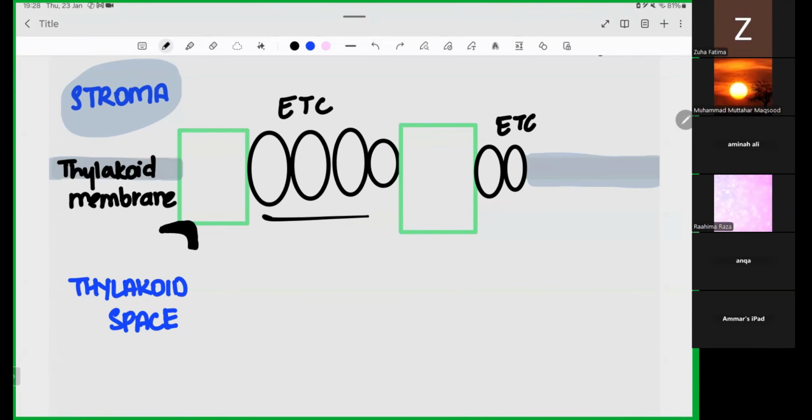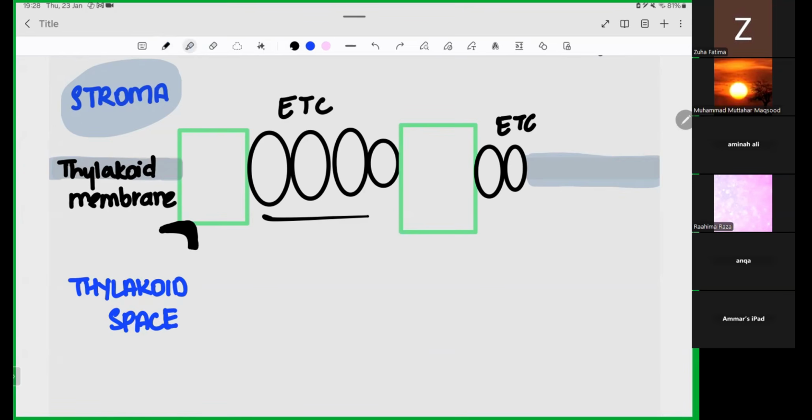There is one thing that is missing in this diagram. Can you guys pinpoint what is something that is missing over here on the thylakoid membrane? Very good. So we do not have a stalked particle over here. So the stalked particle can be present anywhere on the thylakoid membrane. It is not necessary that the ETC and the stalked particle exist in the same sequence in which they are drawn. Yes, this is something that is mandatory, that you need to know which photosystem is placed first and which